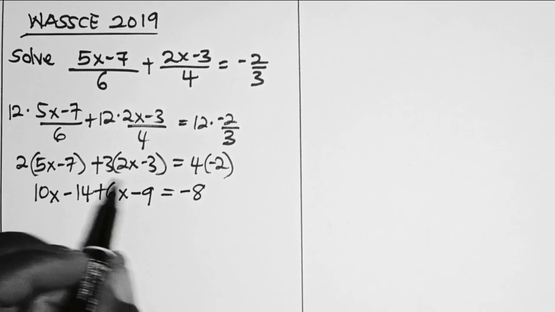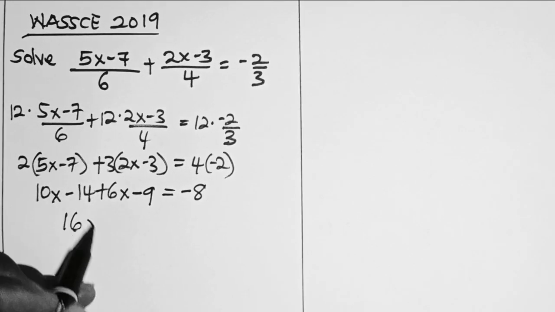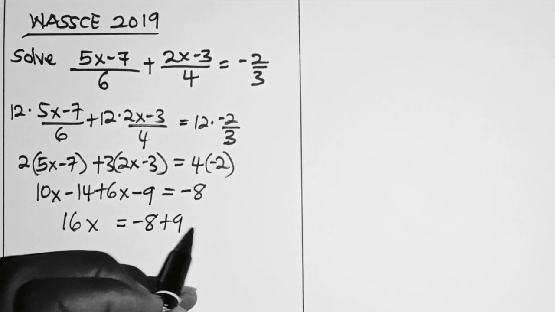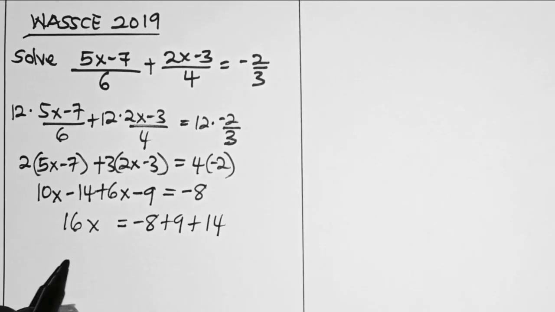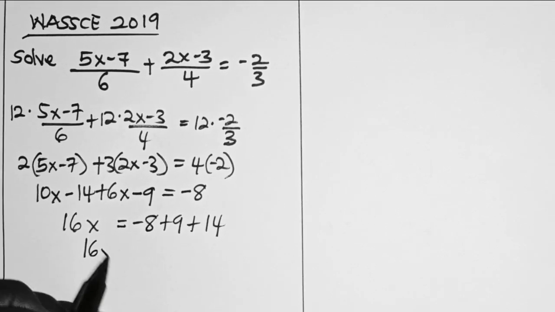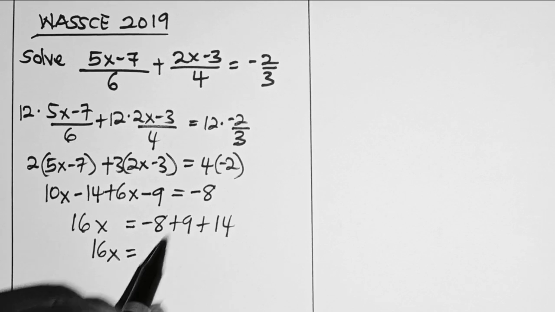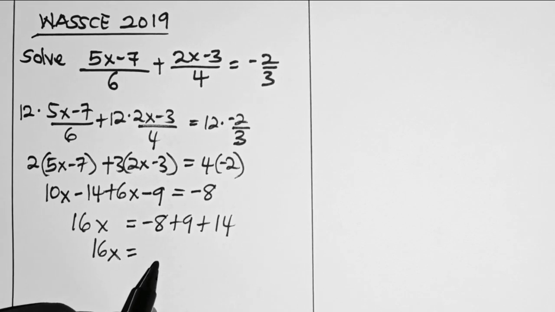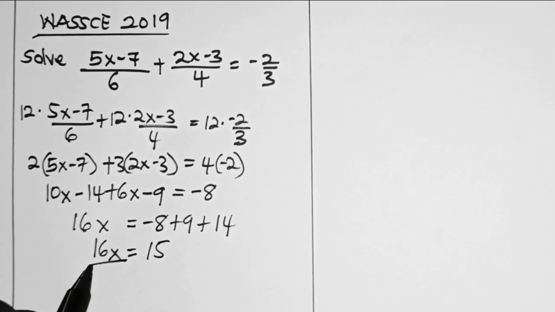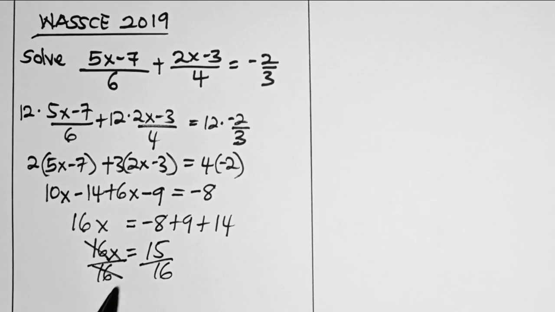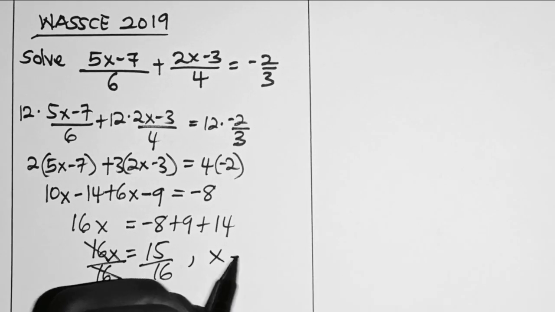So 10x plus 6x becomes 16x, because minus 8, then plus 9, then plus 14. So 16x is equal to minus 8 plus 9 is 1, and 1 plus 14 is 15. So if we divide through by 16 and divide here by 16, we find out that x is equal to